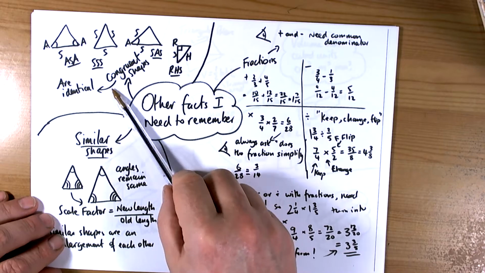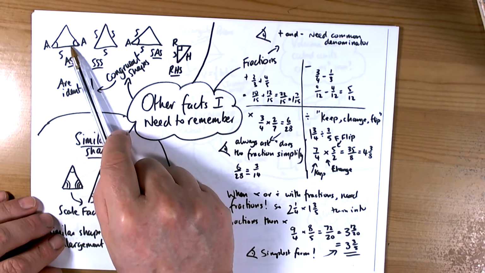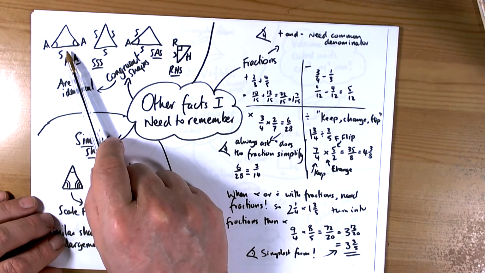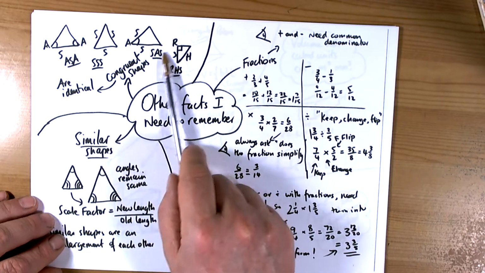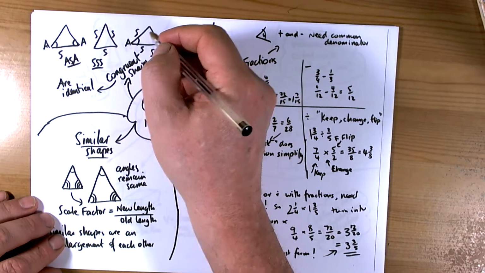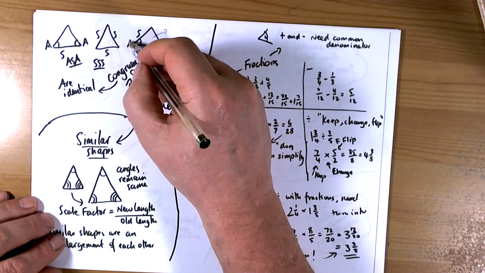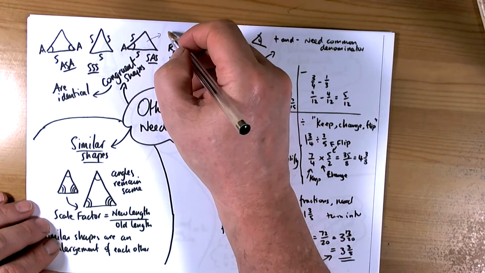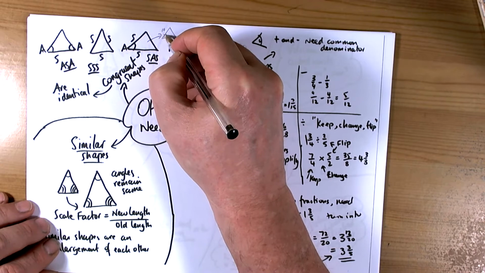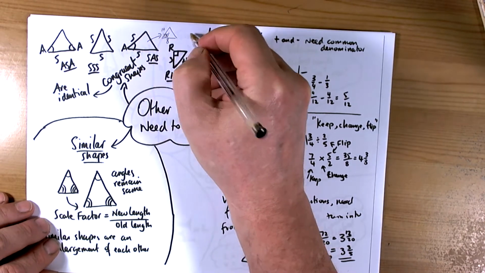Okay, so also involving other facts that you need to remember. For congruent shapes, we need to recognise there are different types of triangles, where if the triangles have these properties, then they will be congruent, which means they're identical. So for example, if we take this triangle here, the side angle side triangle, then if we have a triangle in this orientation, they said that was 10, that was 30 degrees, and this was 8, and then we had another